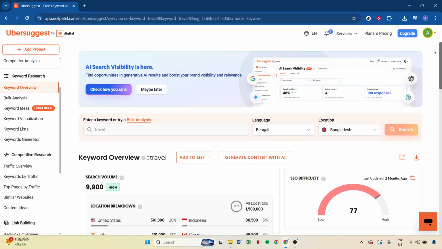In today's video, I'm going to teach you how to use Ubersuggest for keyword research for free in Bangla. Whether you're trying to improve your content strategy or optimize your website's SEO, understanding how to effectively utilize Ubersuggest can be a game changer. To get started, the first thing you'll want to do is head over to the website